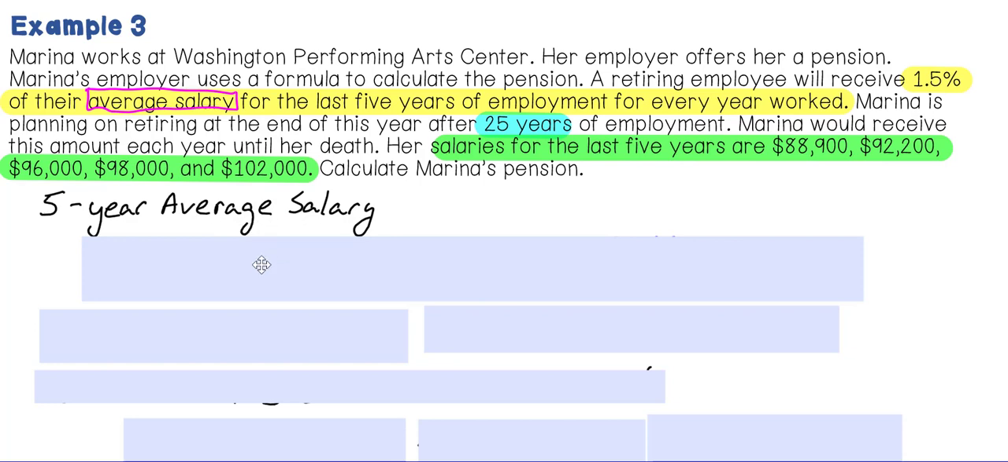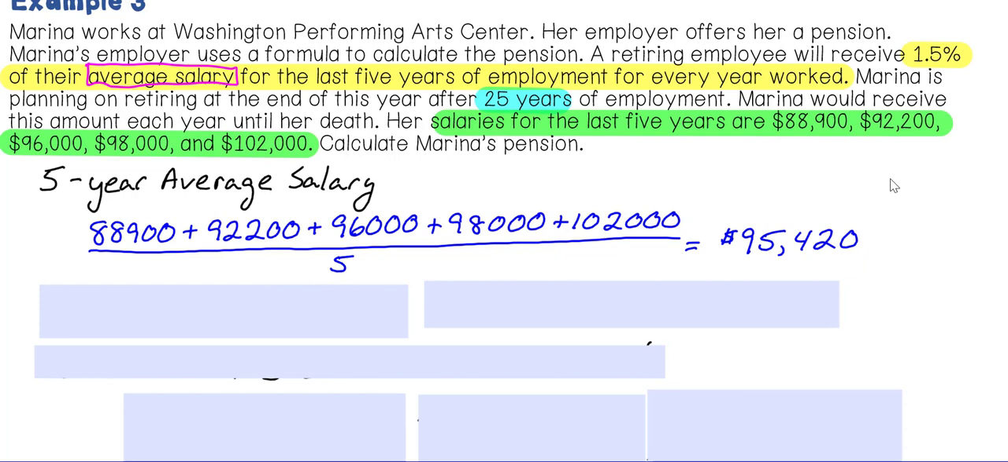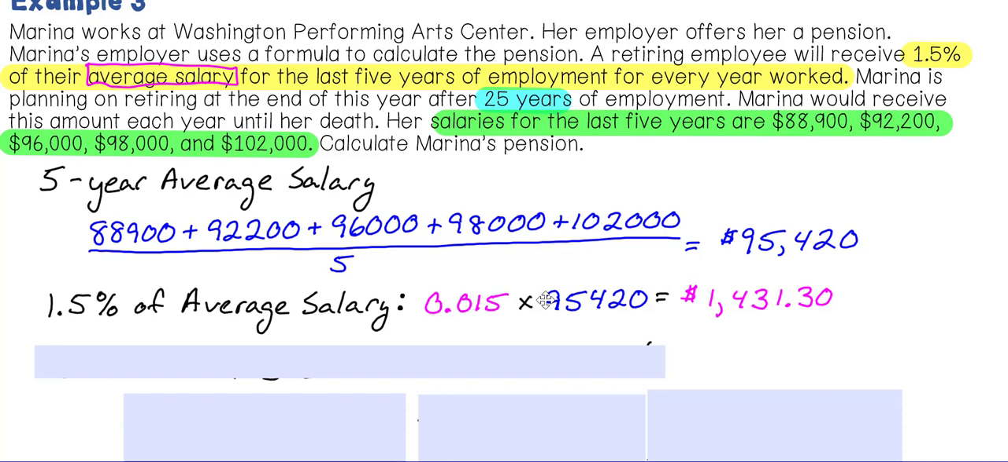So the 5-year average salary would be simply adding all 5 salaries together and dividing by 5. So her average salary was $95,420. The next step would be to determine what 1.5% of that salary is, that average. So you would take 0.015, remember when you convert, move your decimal over twice, multiply it times the 5-year average, and the amount would be